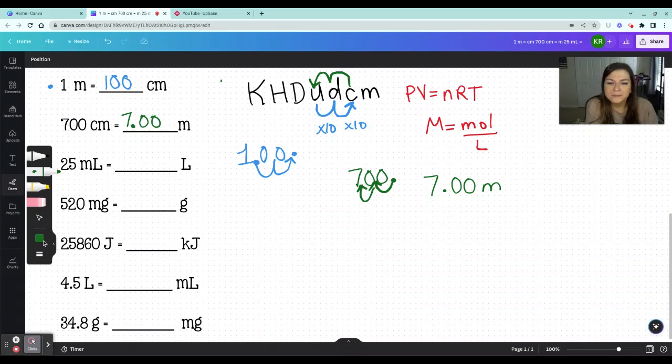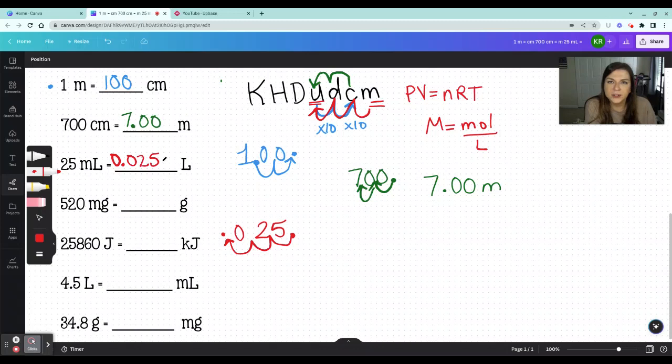Let's keep going. Okay, 25 milliliters is being converted to liters. This is something that'll happen often in chemistry. So we're going to take those 25 milliliters with a decimal right here. Milli is right there, and I want to get to the base unit, so I will have to move 1, 2, 3 times to the left in order to do that. So 1, 2, 3 times to the left would put my decimal right here, and I have to fill that in with a 0. So we will have leading